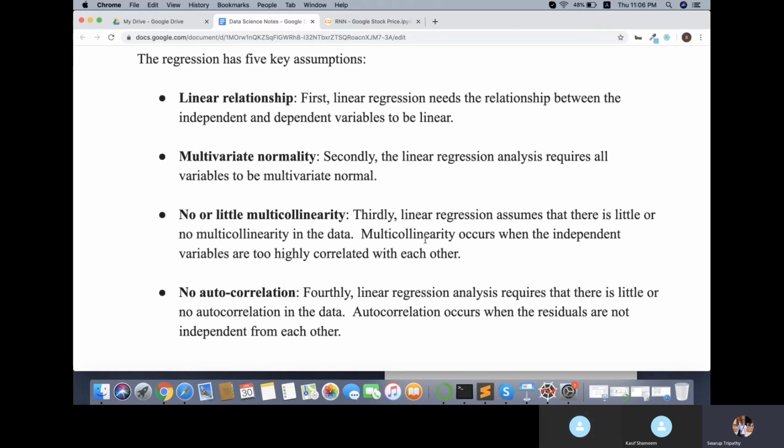So here we assume that there is little or no multicollinearity, meaning the independent variables have different data and are not similar. If the independent variables are similar, then there is no need of taking all of them. We can just go with one independent variable and discard the other which is similar to the existing one.